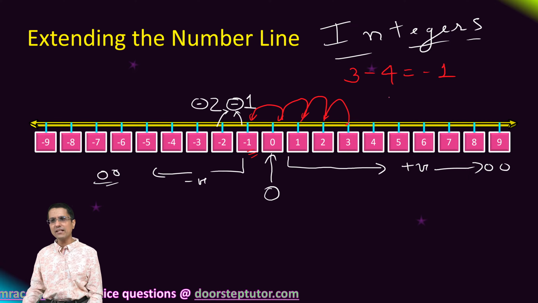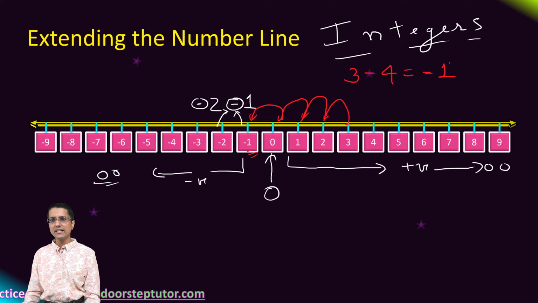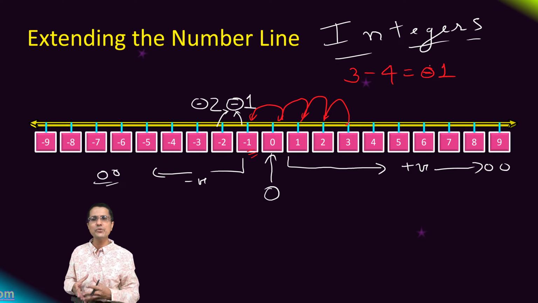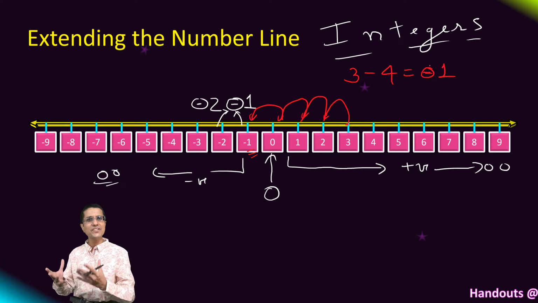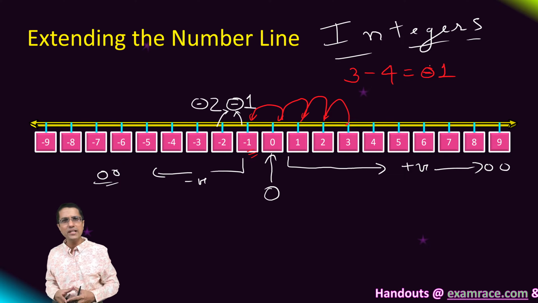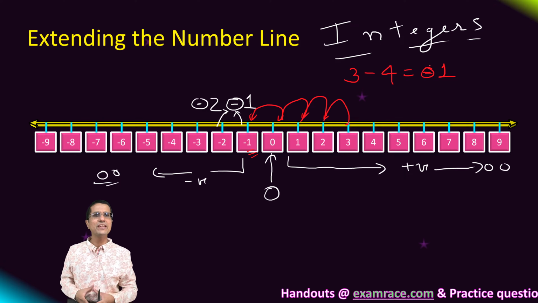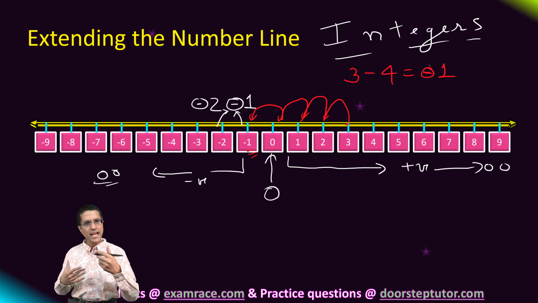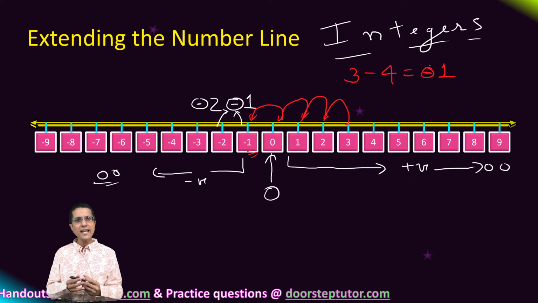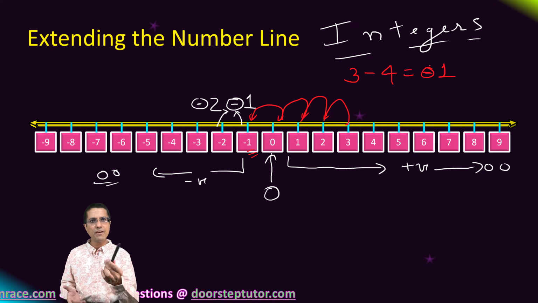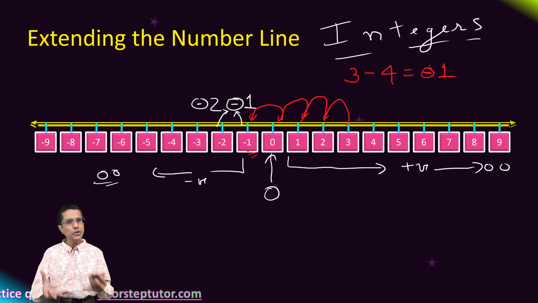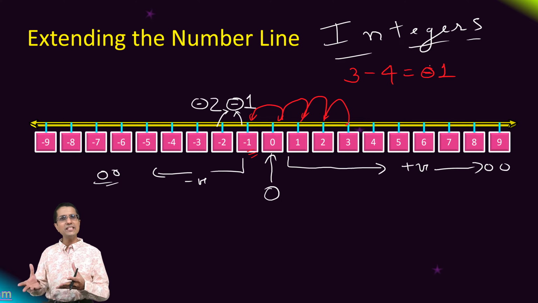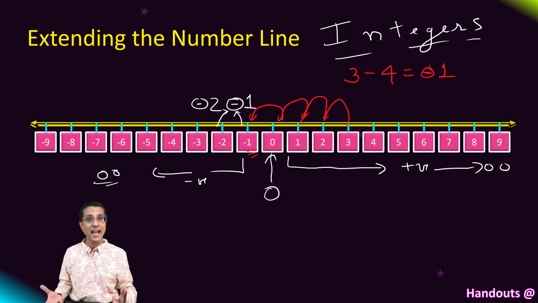It might seem superfluous to add this entire set of negative numbers just to make our subtraction slightly better. If you think about it, these negative numbers don't seem to have any real use in our life. If I go to a shop, or if I have a certain number of pens, I can only have positive quantities of pens. I can have 1 pen, 2 pens, 3 pens. Even 0 pens is okay. If I don't have a pen, I would say I have 0 pens. But what about negative pens? How can I ever have negative pens?